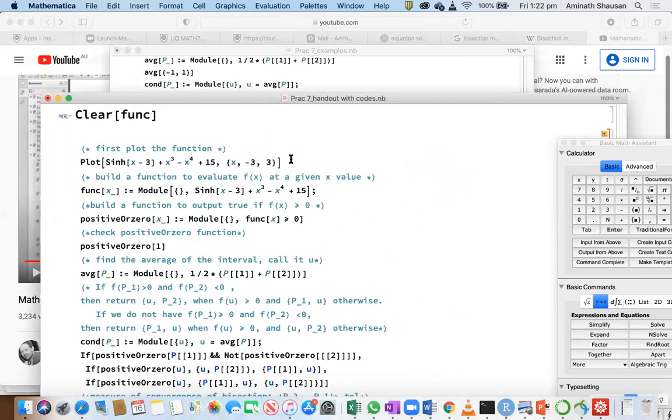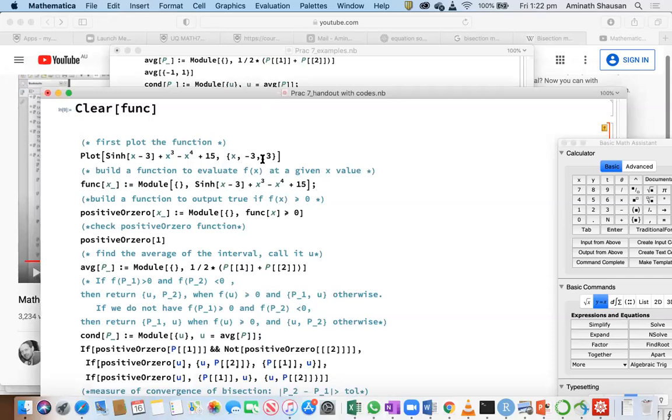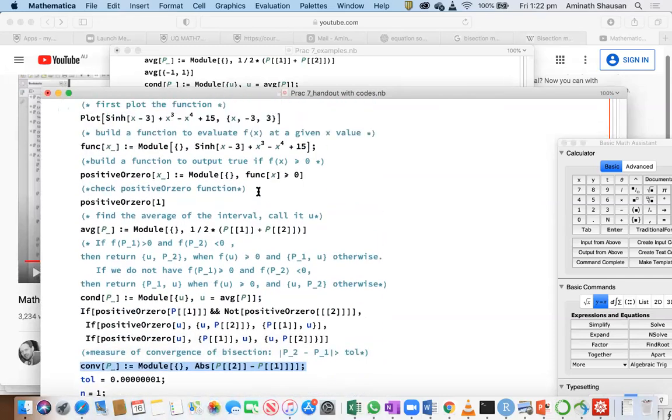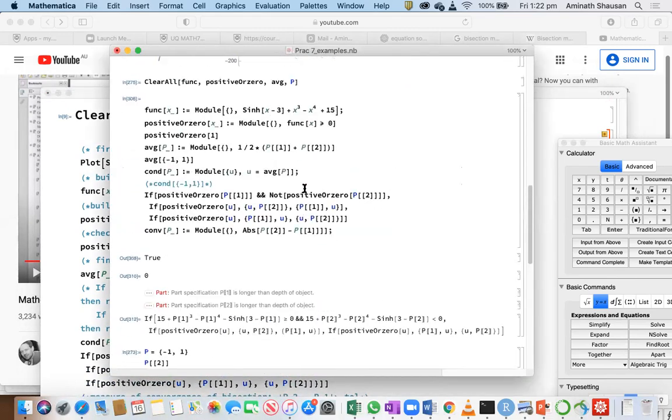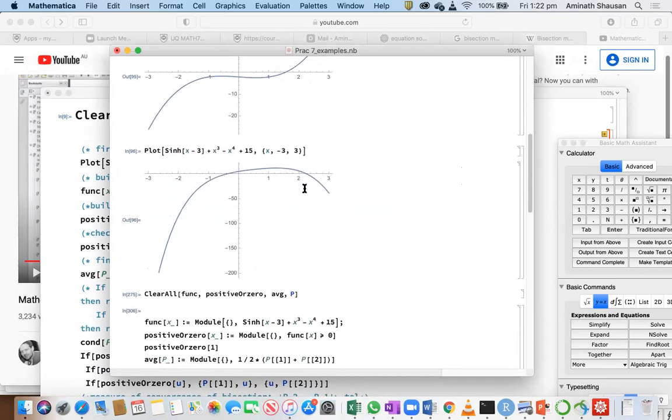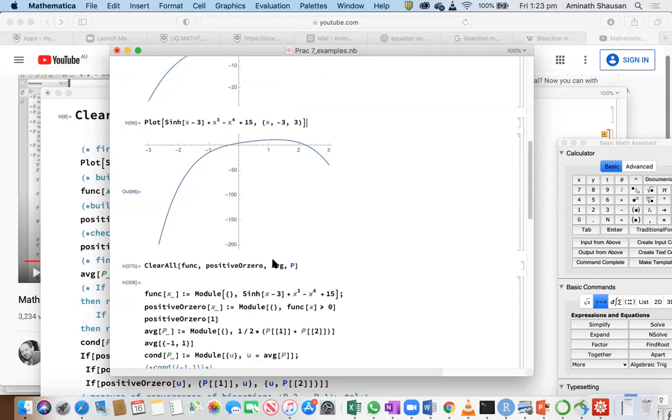Instead of me doing all the work, I'd like you to follow through these comments and then code this. It looks like there are two roots in that interval. One is between -1 and 1. The other one is between 1 and 3. So you could pick an interval -1 and 1 and start